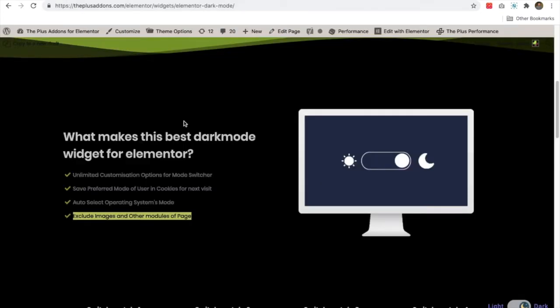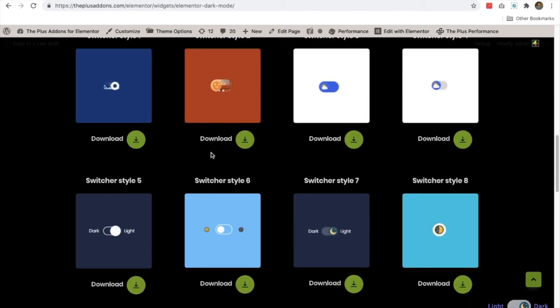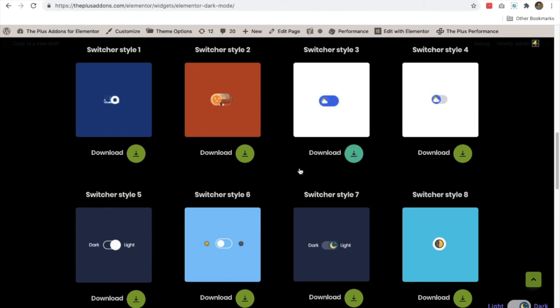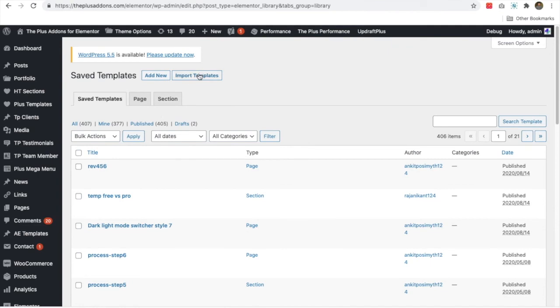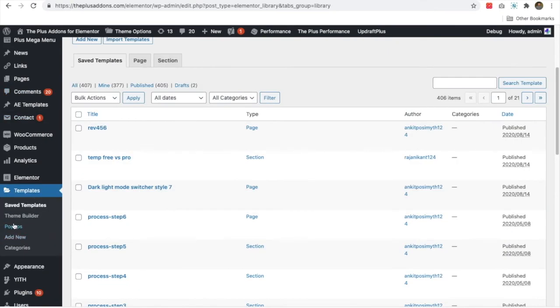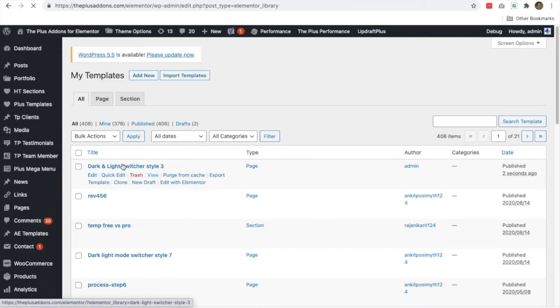Then there is an option to download different switcher styles. We already have multiple switcher styles we made, so you can just download that. It will be in a JSON format, so you just need to import from templates, and now you can drag and drop over here, or you can choose a file and then import. Once you import that, you will see the dark and light switcher style over here. You just need to go and edit with Elementor,